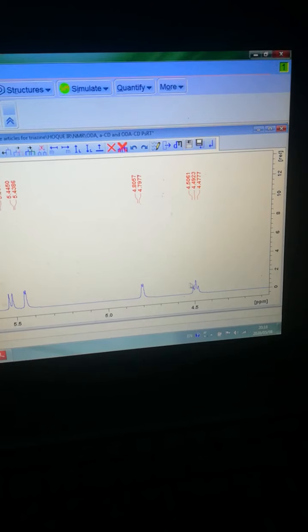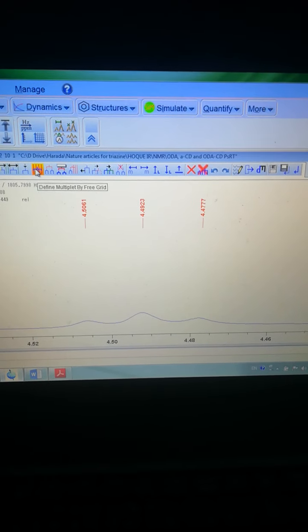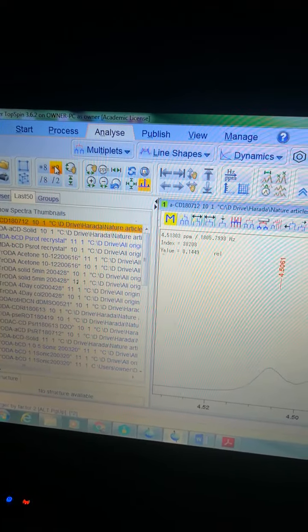Again, I'm going to go back here, and we will create the triplet also by the define multiplet by free grid option. To do so, first I would like to increase the intensity a little bit.